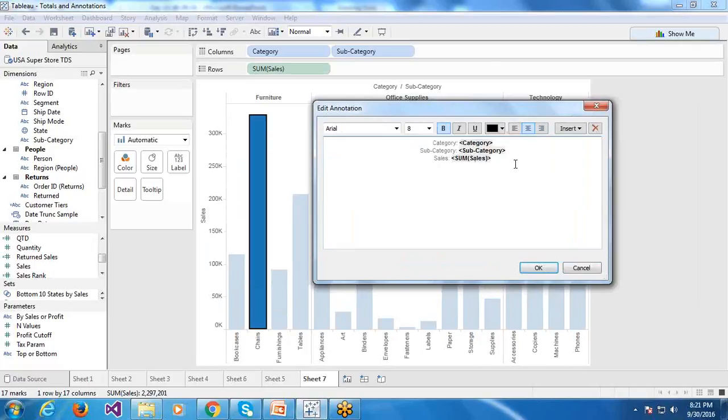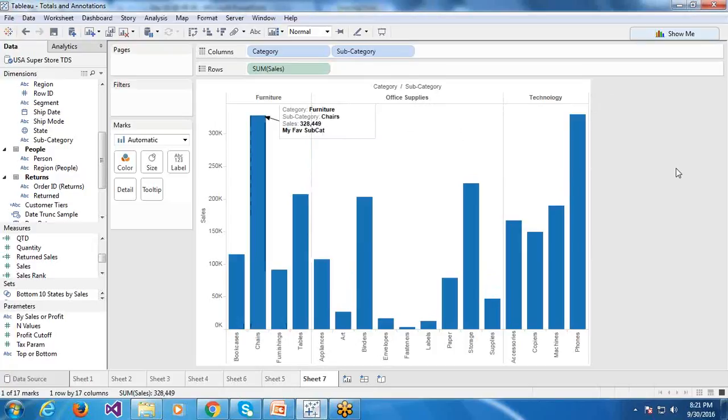So here in this case I can give whatever comments I want, or I can use the corresponding applicable values as part of the annotation. You can say my favorite subcategory. Later, if you want, you can add more comments also.